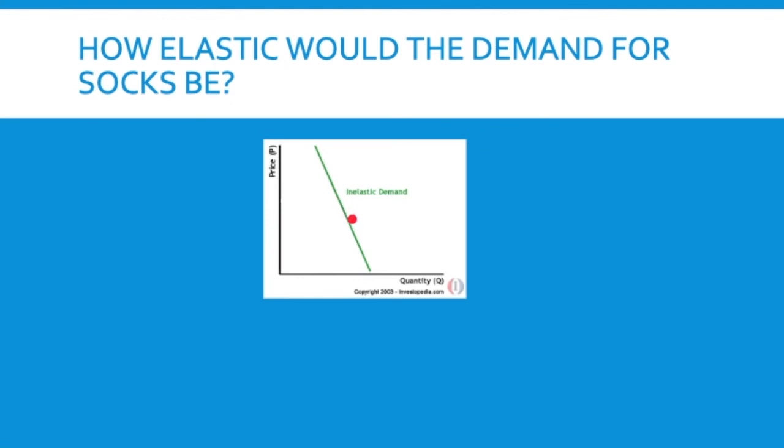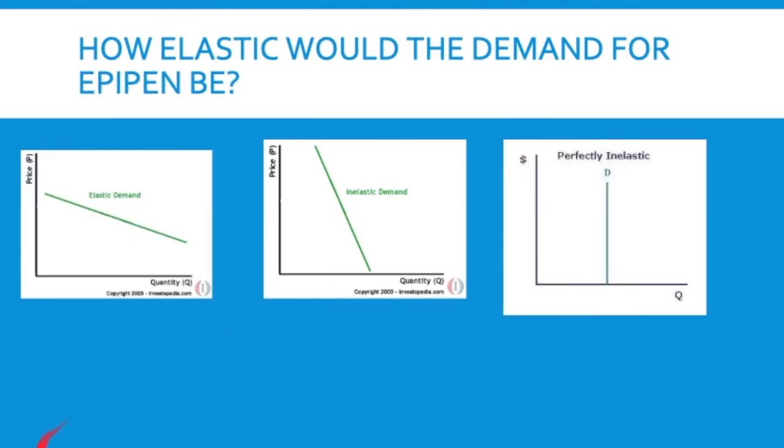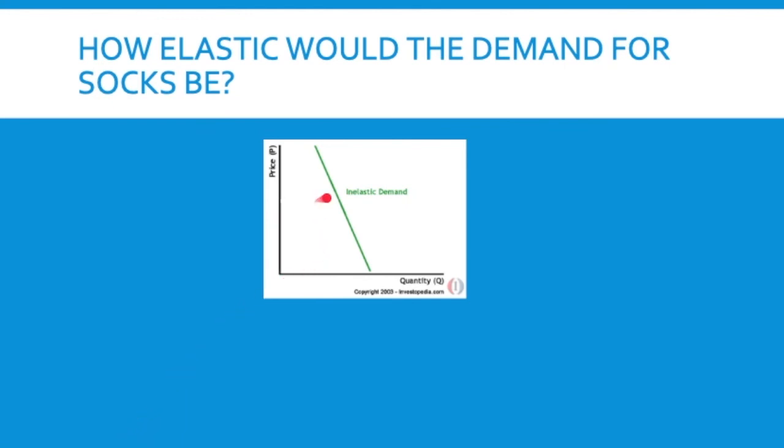So just considering that, if socks went from $5 for a package of 5 socks to $10 for a package of 5 socks, you're probably still going to buy the same amount of socks in a couple years when yours get holes in them, even if the price went up, because you don't buy them that often, and it's going to be a very small part of your budget. And you might argue it's a necessity too, but some people might argue differently. I think the big thing is socks don't make up that big of a part of your budget. Unlike milk, where you buy milk every week, socks you buy once every couple of years.